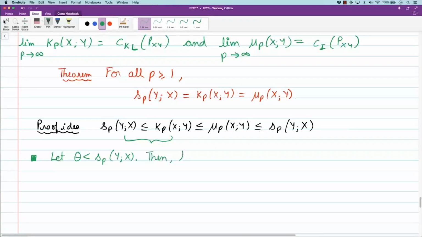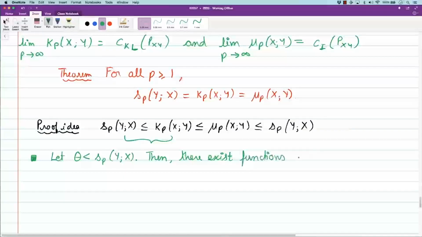Then there exist functions f and g such that